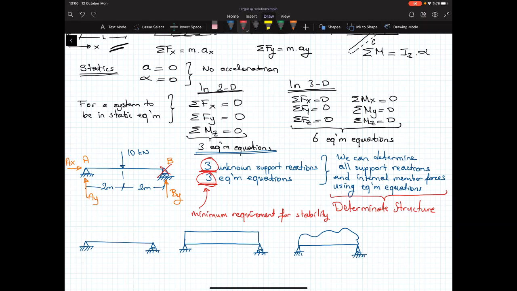And for these 3 cases, I apply the same loading, 10 kilonewtons at the middle. What do I find as my support reaction? In 3 of cases, they are always the same. So the shape, whether it's a metal or a wood, doesn't matter. We always have the same support reactions,